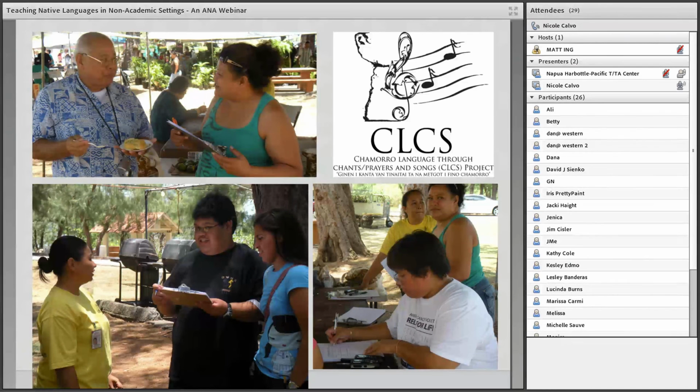Frank had mentioned, and this is one of the things that we got anecdotally, Frank said to us that his first class of students, and he must have had about 15, have now become the dance leaders of the different Guma in Guam, the different dance houses. Many of them came to him not knowing how to speak the native tongue. And their parents wanted their children to learn something of Chamorro culture, and Frank was the instrument to do that for them, and it was through the dance and then through the chant.